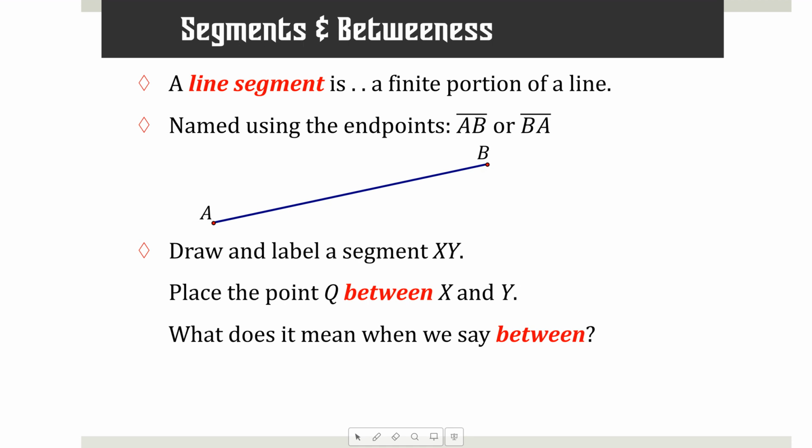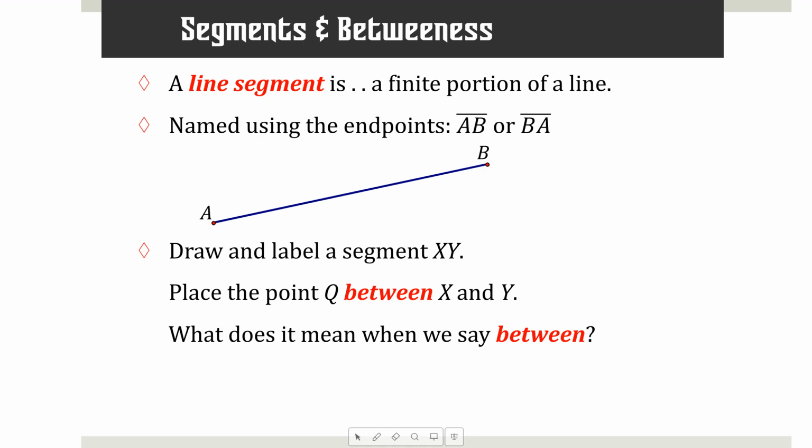Vic, where on your segment did you put Q? Well, I fixed Q in the middle of my line. Because my line is kind of smallish. Smack dab in the middle. How many people put Q smack dab in the middle? Raise your hand. Who did not? It doesn't matter? Why not? So I could put it